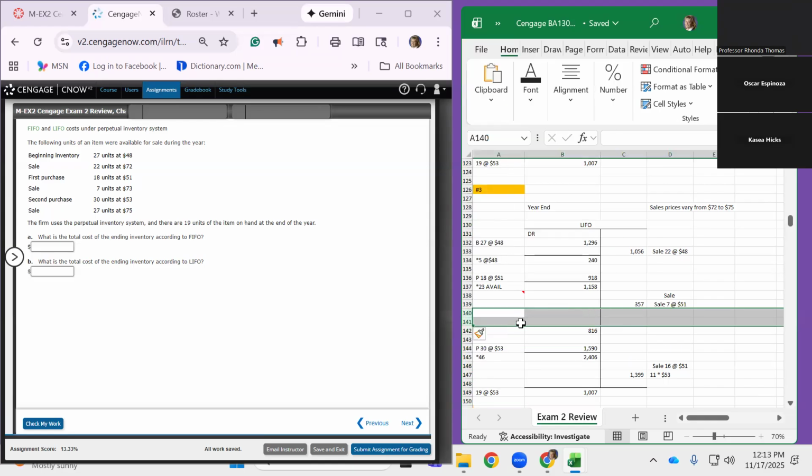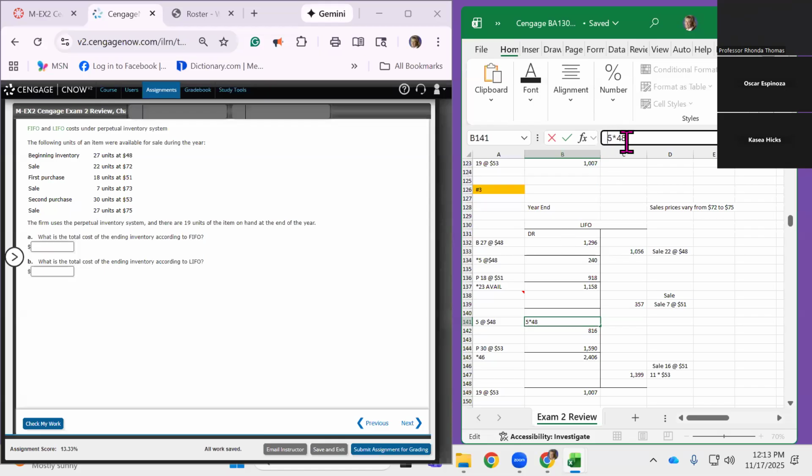Okay, so we need a little more room. So the 2 costs are going to be the 5 at the $48. Okay, so I'm just gonna see, there might be times you have to go all the way down through. So 5 at 48. Let me put an equal sign here. Yep, and then